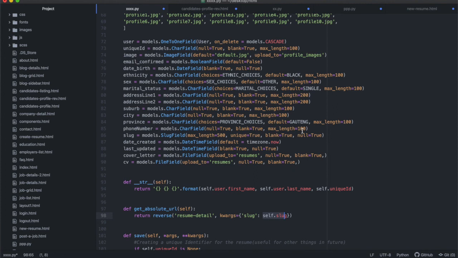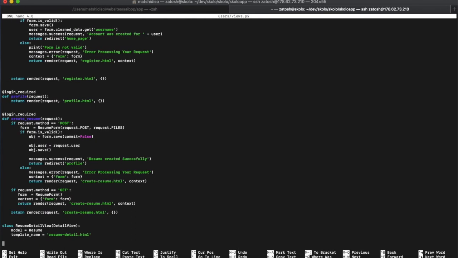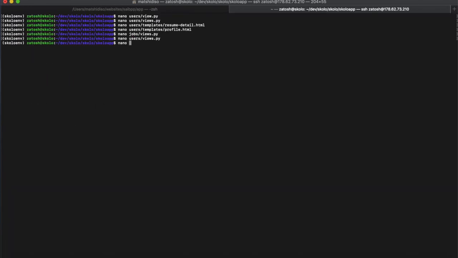I know it's a mouthful, but in real applications, you will see this a lot. And I think I even used LinkedIn to demonstrate how it's much better to use a slug. So once you have this get absolute URL path, when you go to your URLs file, that's what we can do now. So we can go to nano, scholar app,